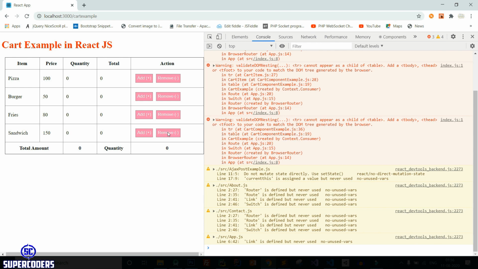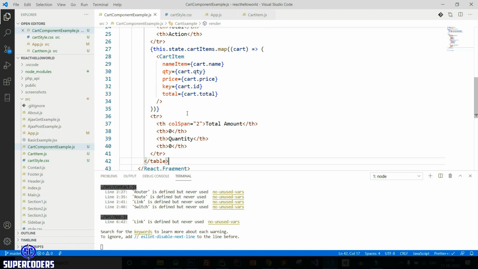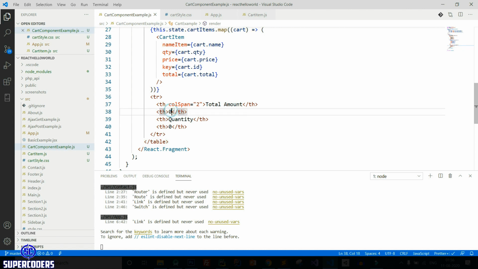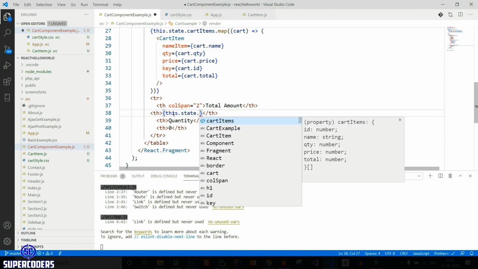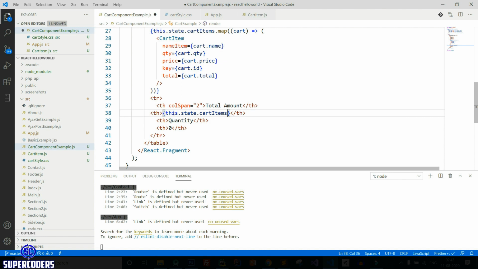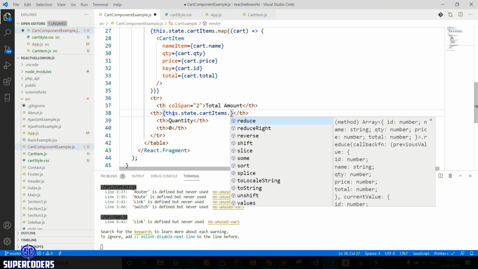And now let's see how you can set this value also, on changing an item. So instead of here, now here I am using this.state.cartItems.reduce.